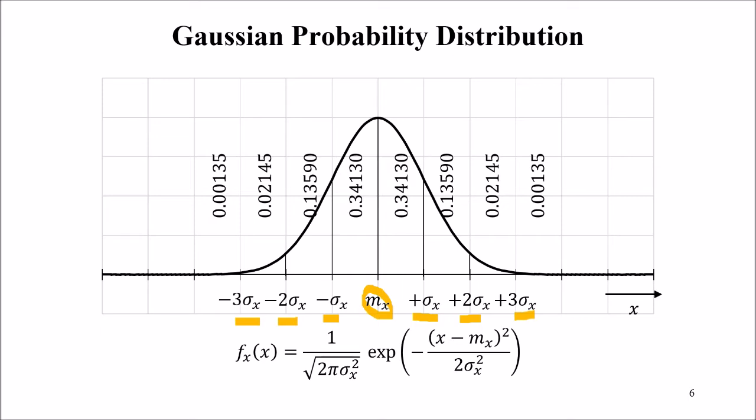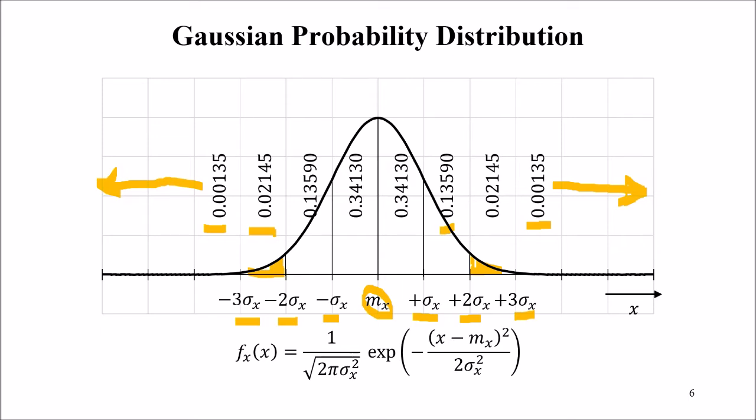If you go beyond 3 standard deviations, the area under the curve is 0.00135. That's for all of the area to the outside of the 3 standard deviations. Between 2 and 3 standard deviations, 0.02145 for these two areas. We're looking at the area underneath this portion of the curve, being